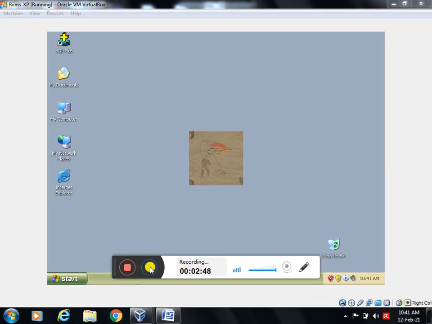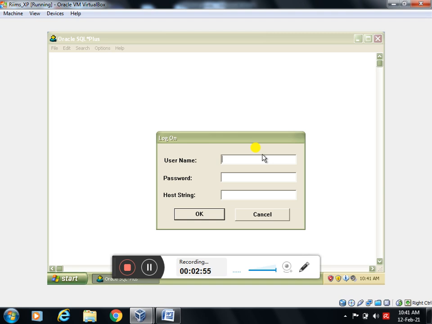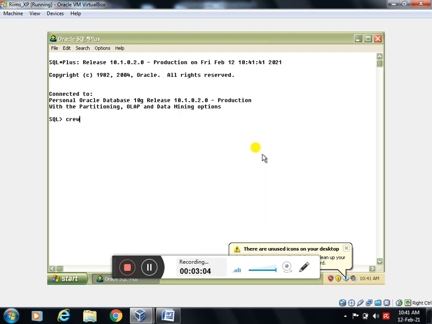Now we'll create these two tables first. What is my first table? We'll go to source. What is my source? Scott Tiger. Create table sales: SID, number type; name of the person, salesman, varchar2(25); and the next column is sales, number type.